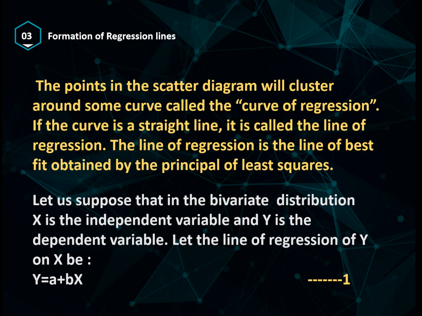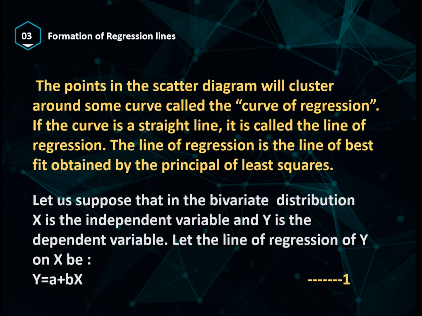Now let us see what is the least squares method. It is a statistical technique that fits a straight line to a scatter diagram by using the shortest vertical distances of all the points from the straight line. The equation derived by this method will yield a regression line that best fits the data. The principle of least squares gives the best fitting line with the smallest sum of squared residuals.